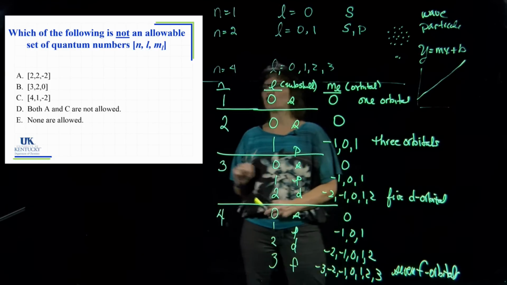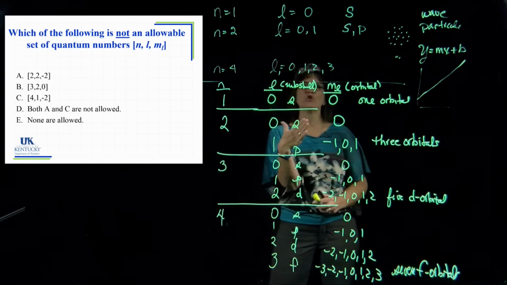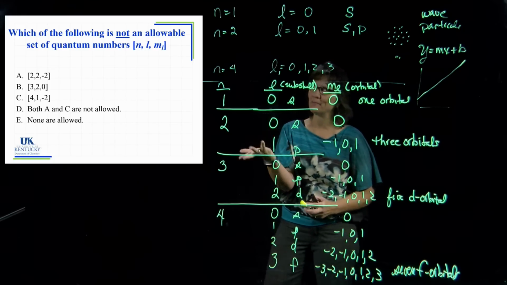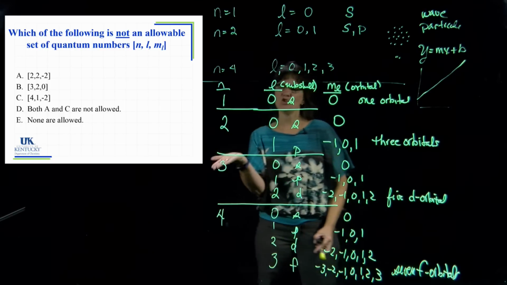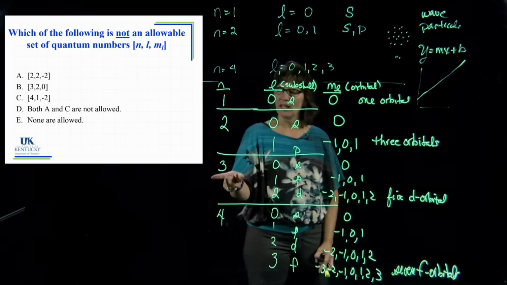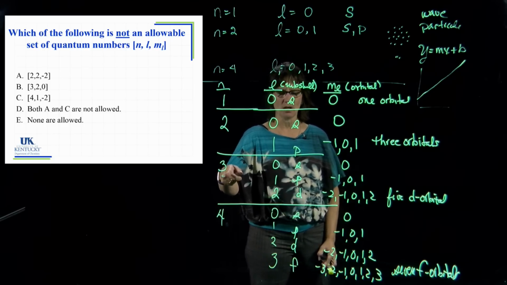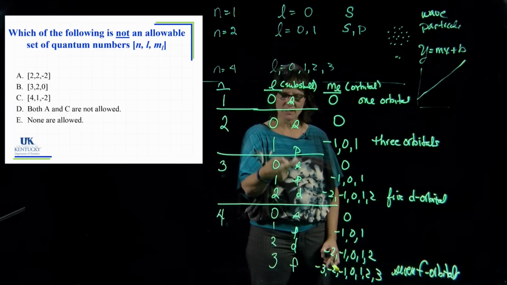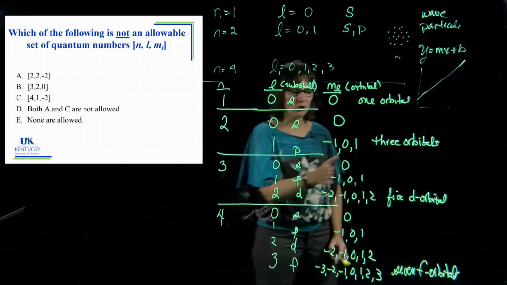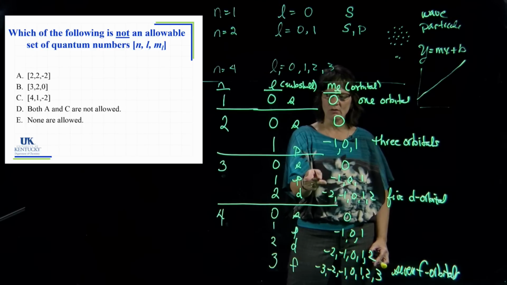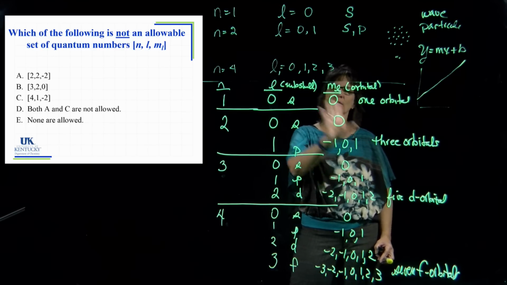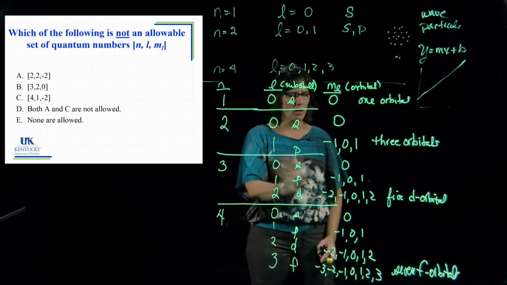So, 2 things that you should be able to do. Number 1 is if I told you the name of an orbital or name of a subshell, you should be able to give me the quantum numbers for it. The other one is you should be able to tell me what's allowed. If I look at this, is there such thing in the 3rd shell as an F subshell? No, I don't see it anywhere. I have S's, P's, and D's. There's no such thing as an F. I can also look over here and say if I'm in the P subshell, is there an orbital called -2? No, there's not. So you ought to be able to know what's allowed and what's not allowed.